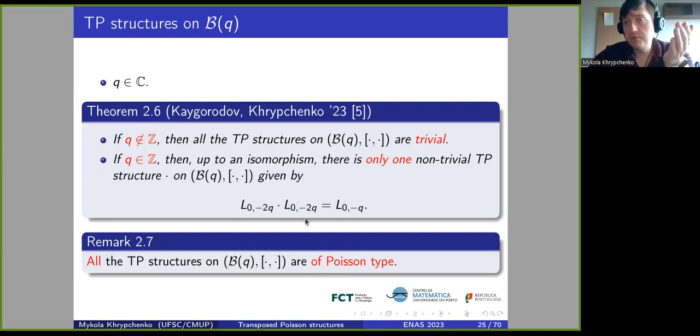If Q is non-zero, then you have the square of one basis element equal to another basis element, and all the rest of the products are zero. So when you take all the monomials of degree 3, you have zero. So all the monomials of degree 3 are zero, and we have that other situation I mentioned, when you have the center inside the square. Okay, so all of these structures are of Poisson type on this Lie algebra.